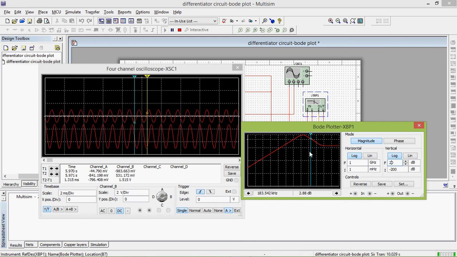From that graph, from the maximum portion, you should take minus 3 dB, and draw one line which cuts the left hand side of our signal and the right hand side of our signal, which are called FA and FB respectively. After that, find the values of FA and FB. Then FB should be approximately 20 times FA, so that it will satisfy our design. So this is how you do the design for the differentiator and verify the results. Thank you.